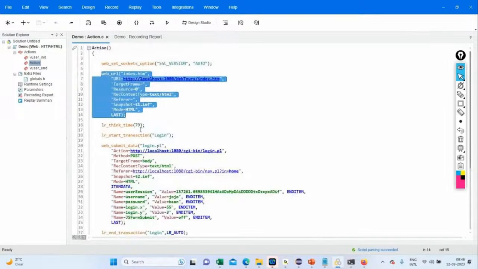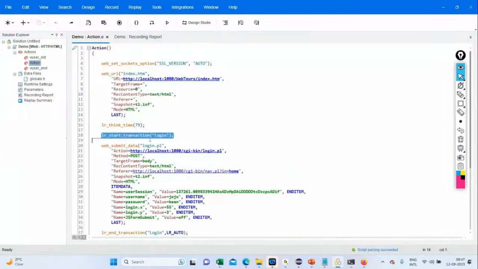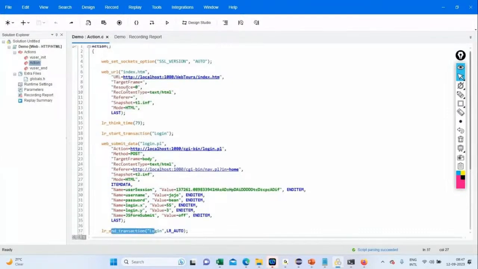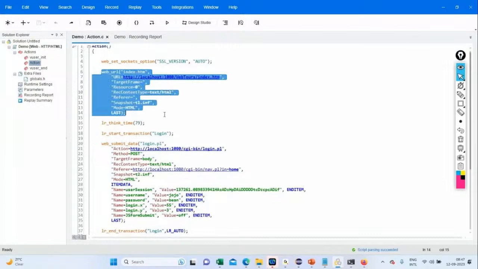Think, I mean, from whatever actions we performed just now, you can think. Okay, so I'll tell you the reason. We can discuss in detail in our upcoming sessions. The reason why LR start transaction and LR end transaction is not there for launch is, see, when I click